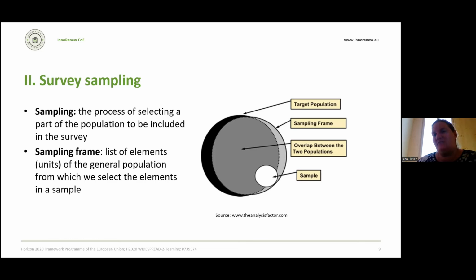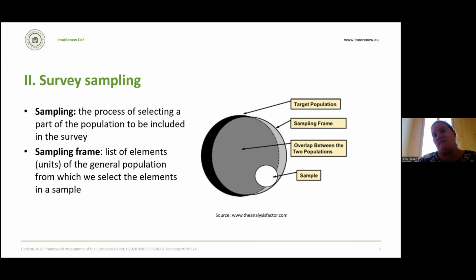If it's a large university, it doesn't make sense, because to burden everyone with the survey, or maybe if it's a survey on the whole country or all European countries, then having so many people in the survey is a big burden to them and to you. So you just do a sample of the population, and based on this sample,